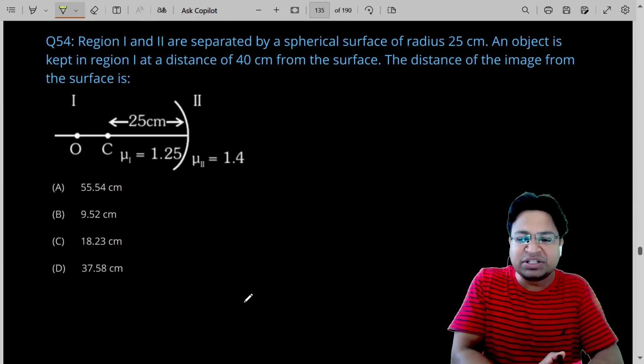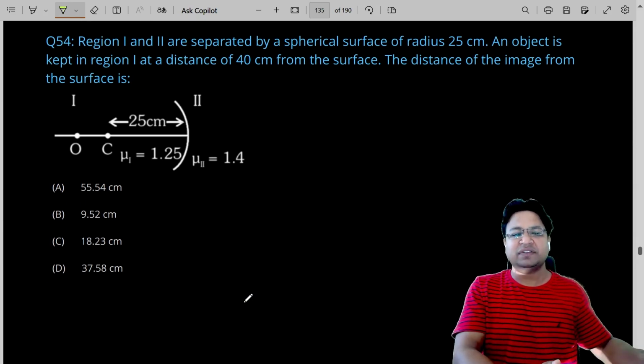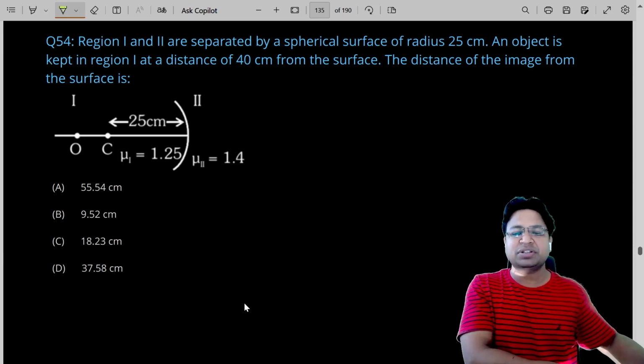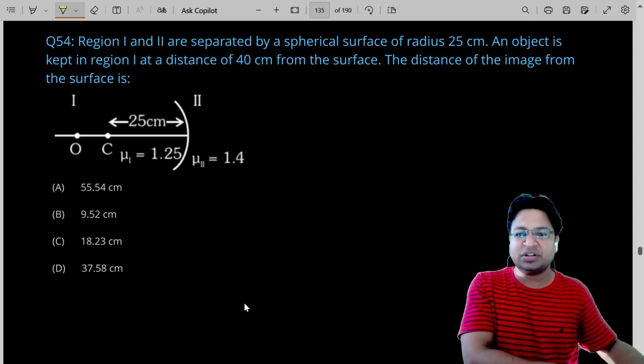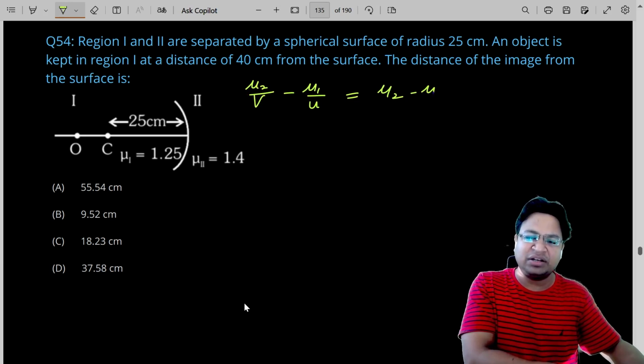It says region 1 and 2 are separated by a spherical surface of radius 25 centimeter. An object is kept in a region at a distance of 40 centimeter from the surface. The distance of the image from the surface is. It's a very simple question which is based on the concept of refraction at a spherical interface. The formula for that is mu2 by v minus mu1 by u is equal to mu2 minus mu1 by